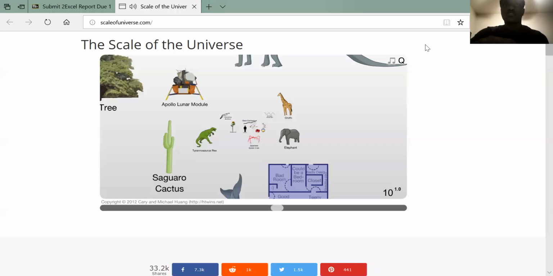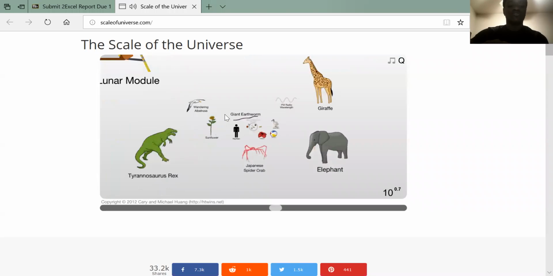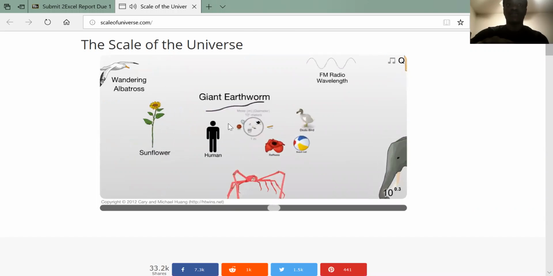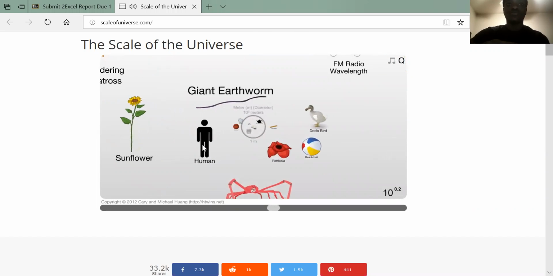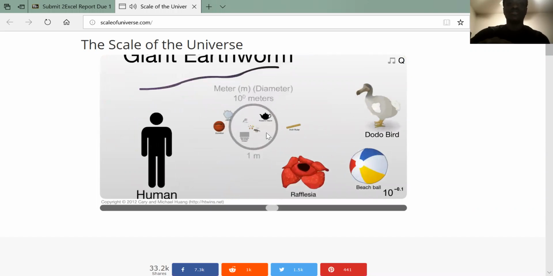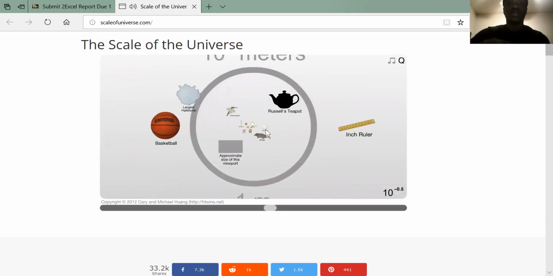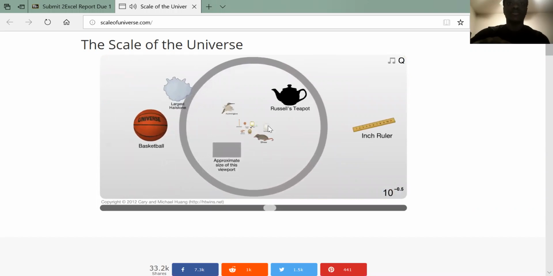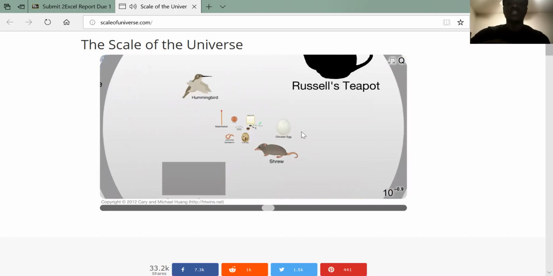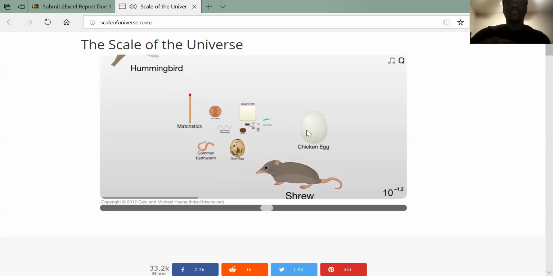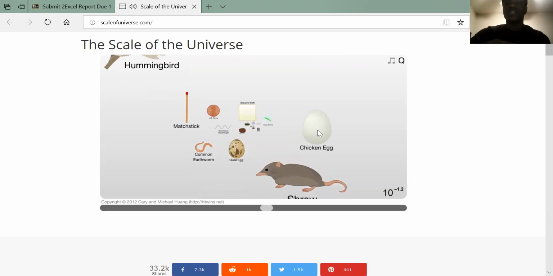Okay, first thing first, I want to talk to y'all about this universal Zoom app. What I found amazing about the app is that you can zoom in and out, all the way from large animals to smaller things like an egg, like this egg right here, a chicken egg. If you click on the chicken egg,